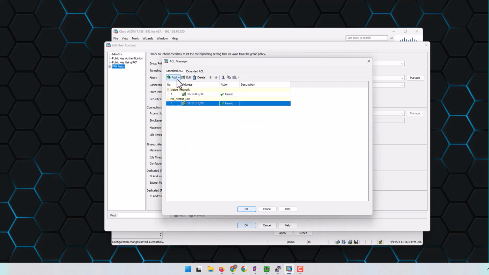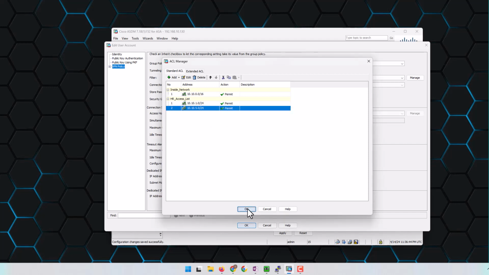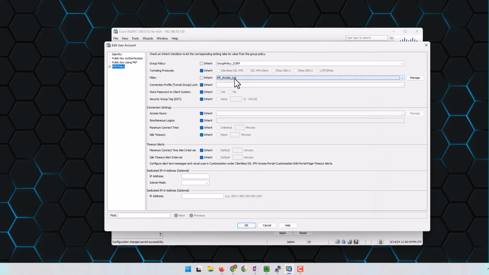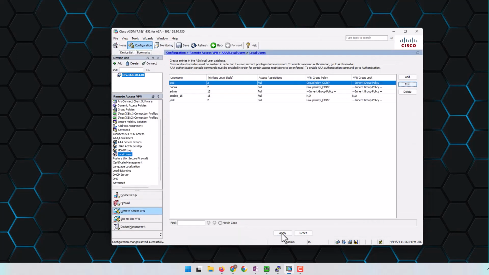Also let's add another entry, and he needs access to 10.10.5.0/24. Now Bob is using the HR access list here, and that HR access list gives access to 1 and to 5. Let's apply that,